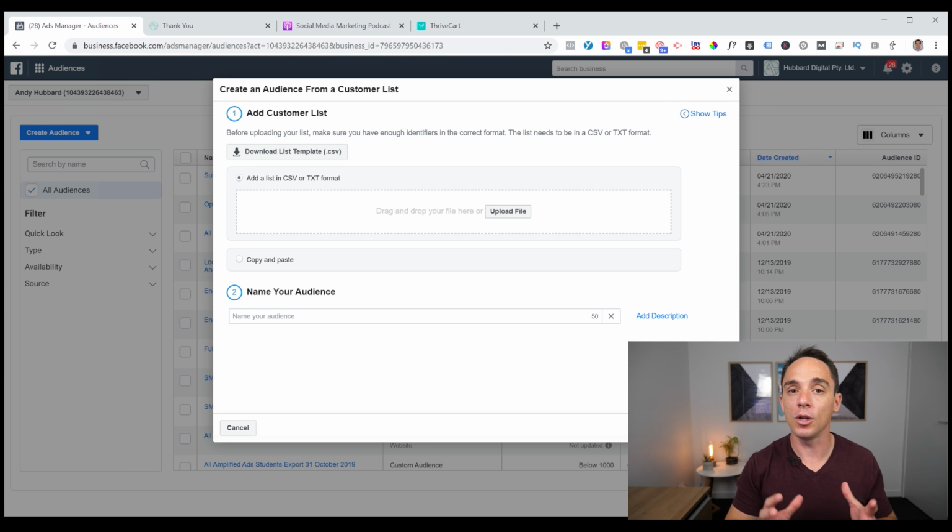And what you want to do is go to your contacts and export all of your contacts as a CSV file. If you're not sure how to do that, just go to the help section of your email service provider, search for how to export contacts, and it will show you how. It's generally very simple. Export them as a CSV and export as many fields as you can. At a bare minimum, you want to export their first name, last name, email address. Ideally, if you have their phone number, city, state, country, zip code as well,